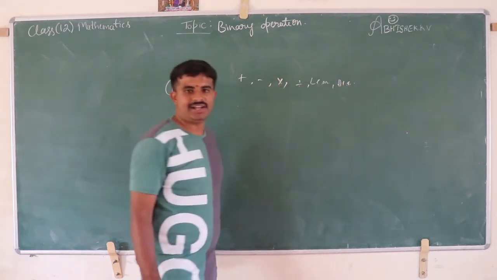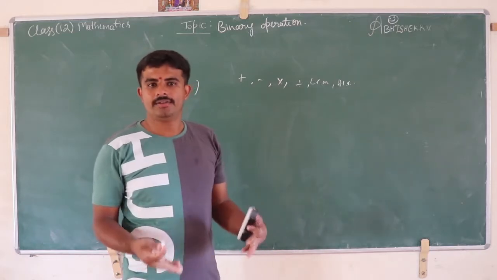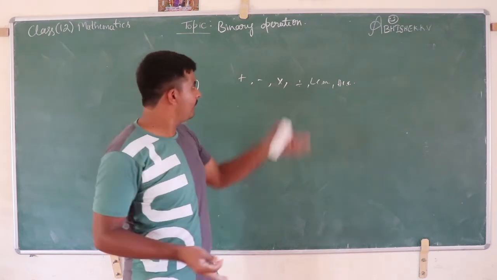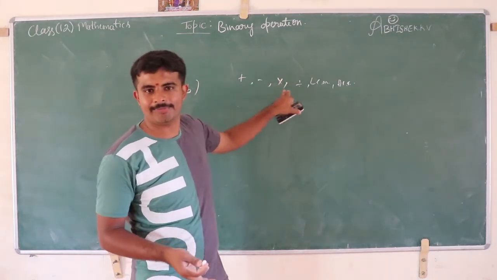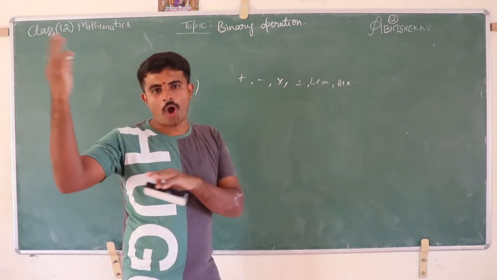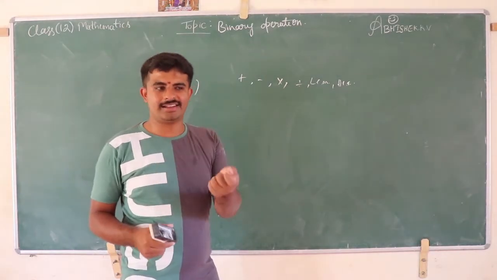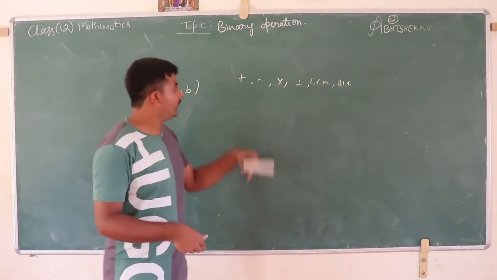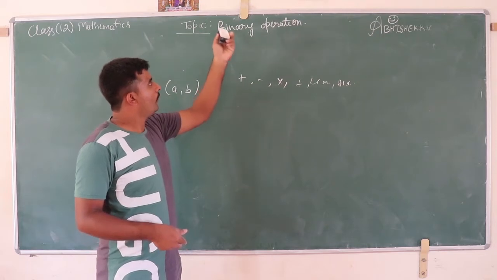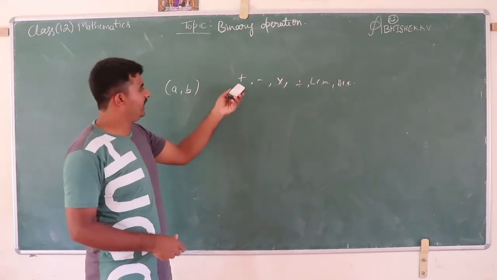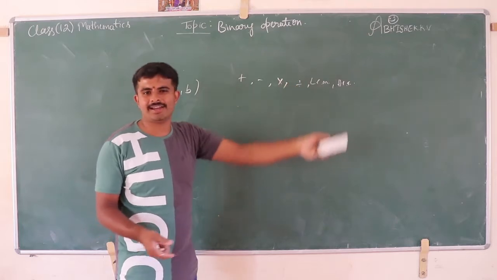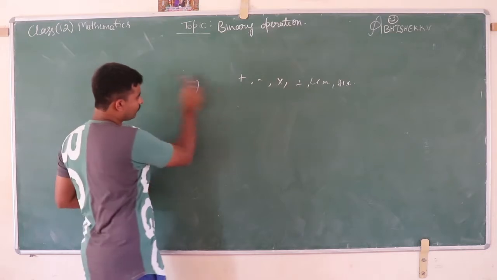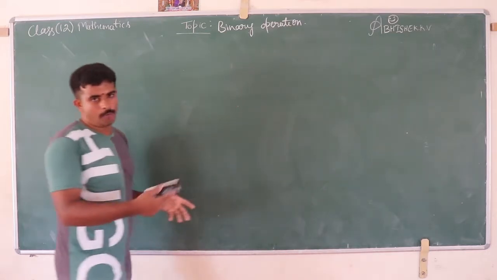Generally, in a hospital there is a leg operation, eye operation, head operation, stomach operation. In mathematics, addition, subtraction, multiplication. To do an operation, doctors need a stethoscope, scissors, like that, right? So here to do the binary operation, we need addition, subtraction, multiplication, LCM, HCF. These are all the operations in mathematics. So, I am going to define a binary operation now.